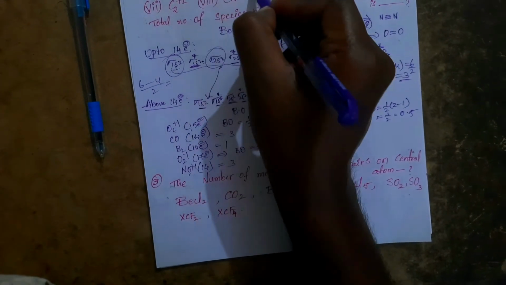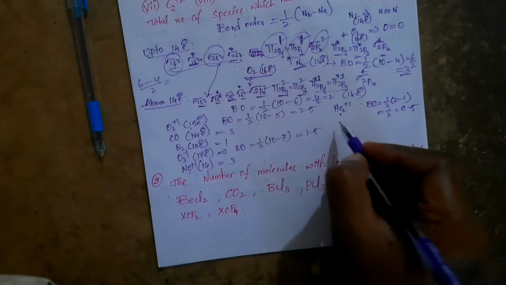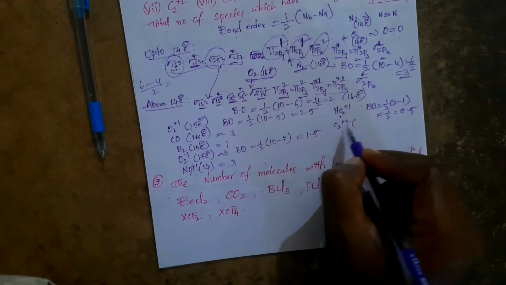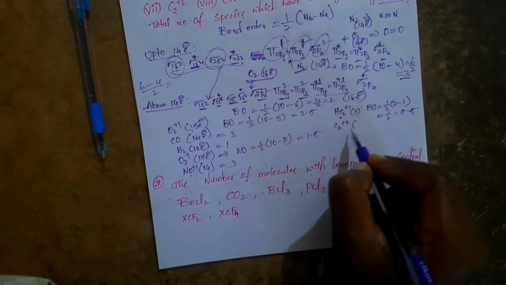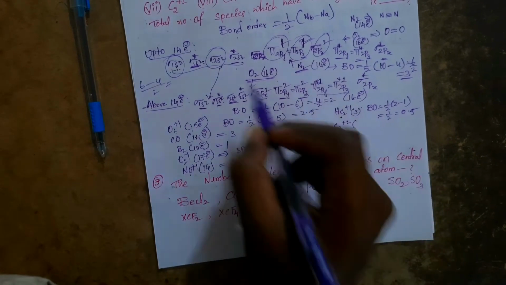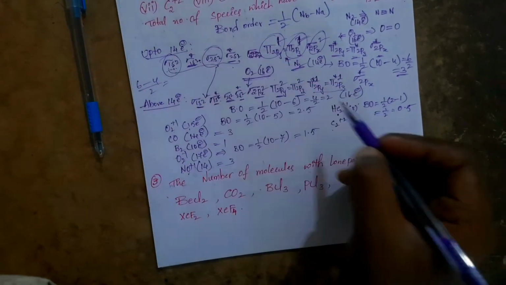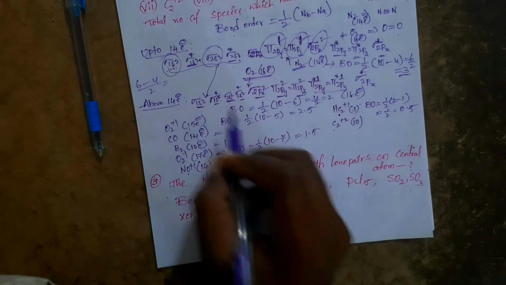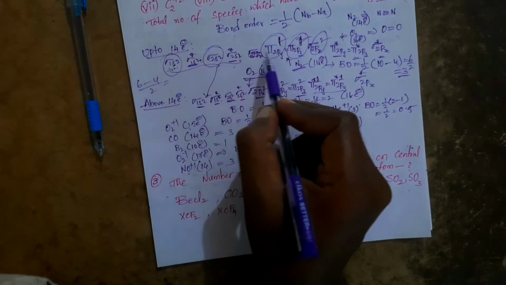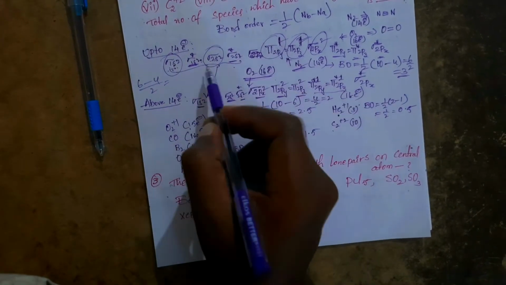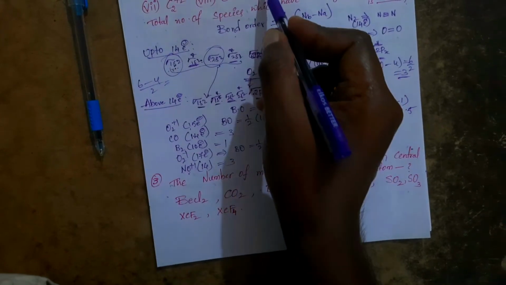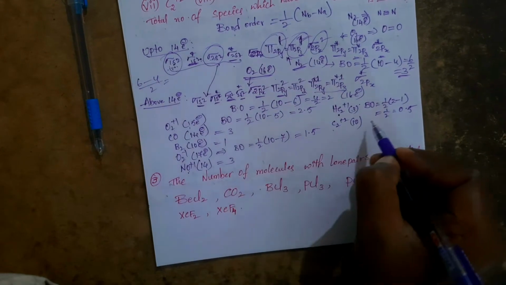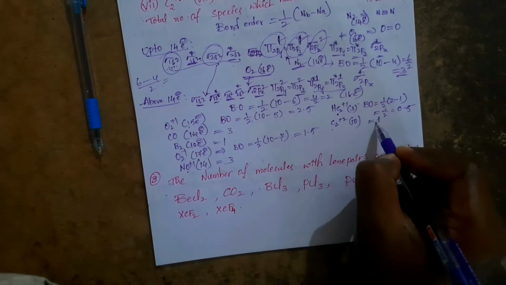Now the next one, take C2 plus 2. In carbon it is 12 actually, but here plus 2 is there. Plus 2 means 2 electrons you have to remove. Total of 10. 1, 2, 3, 4, 5. So that is the 10 electron configuration, which one? Boron. So both have the same bond order. Boron has only one order. Its bond order is equal to 1.